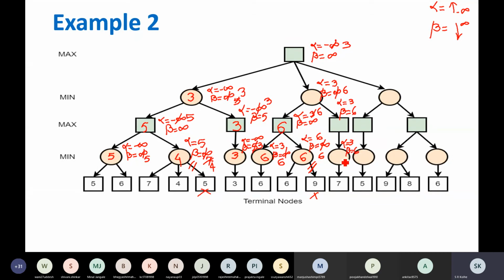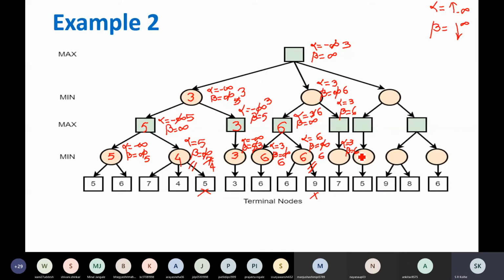Go down, minimizer node. Tell me what to do now. It will not select 7. It will come down, evaluate this. Value is 7. It will update the value of beta. Beta is 6, but beta decreases.